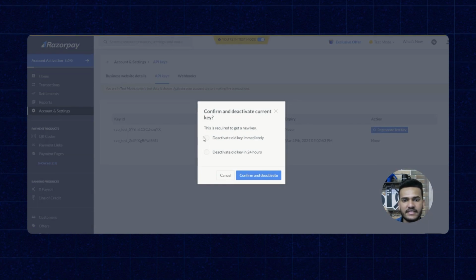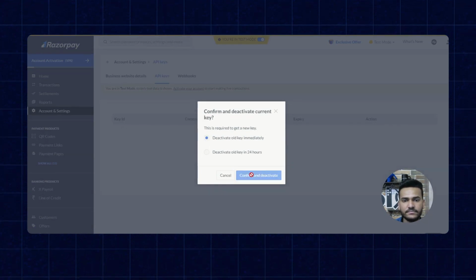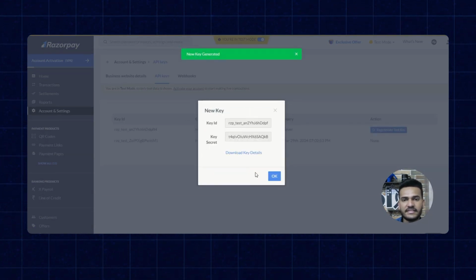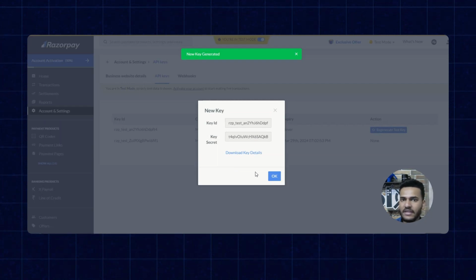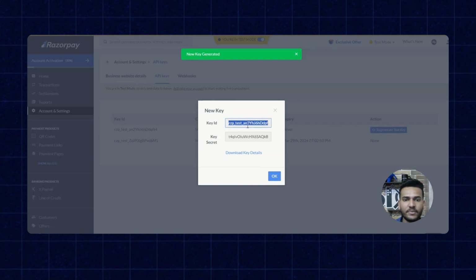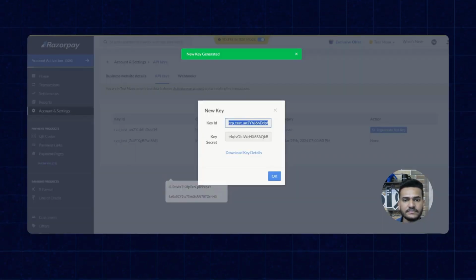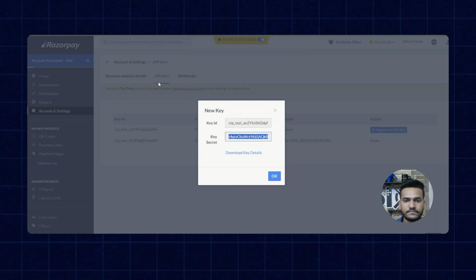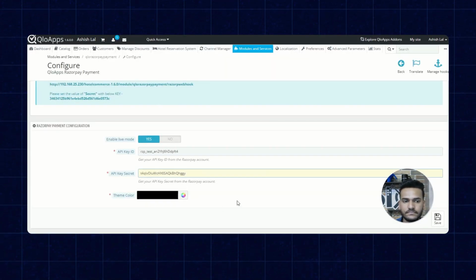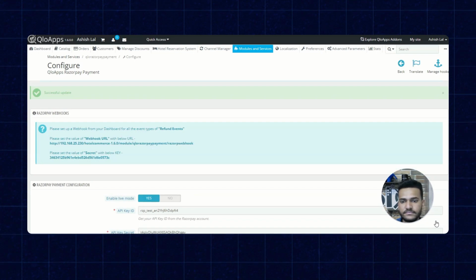Once you generate this test key, you'll have the key ID for the API as well as the key secret. You just have to simply copy this and paste it in the relevant fields. Once both details have been successfully pasted, click on Save. As you can see, we have successfully updated the API key and the settings.